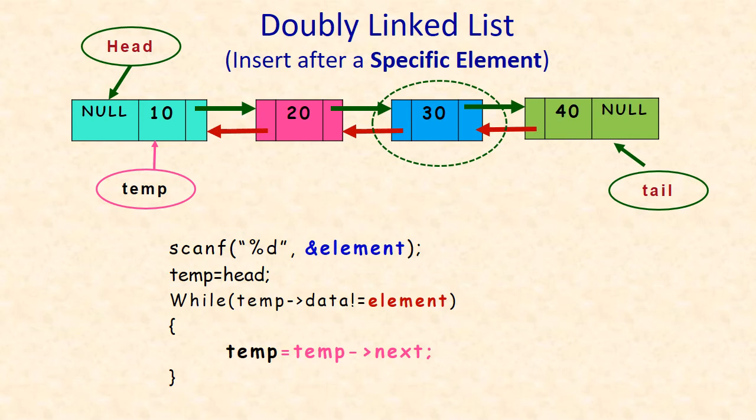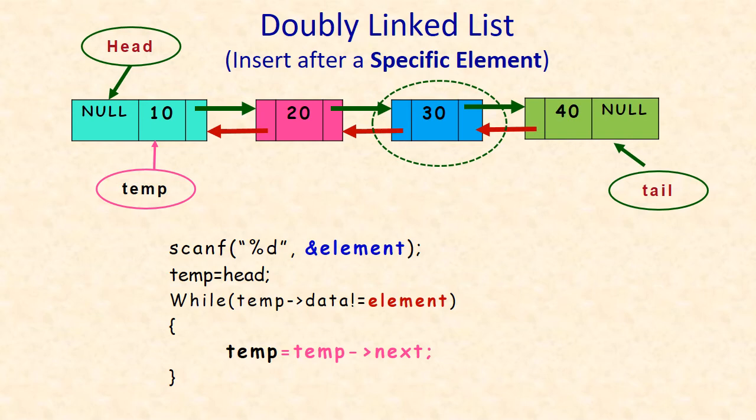See, I am reading here using a scanf statement. I read the element value as 30. Assume that the element is 30 now, and I am comparing it with the temp data, and temp is pointing to the first node. So is temp data not equal to element? Yes, temp data is not equal to element, because temp data is 10 here and element is 30, so not